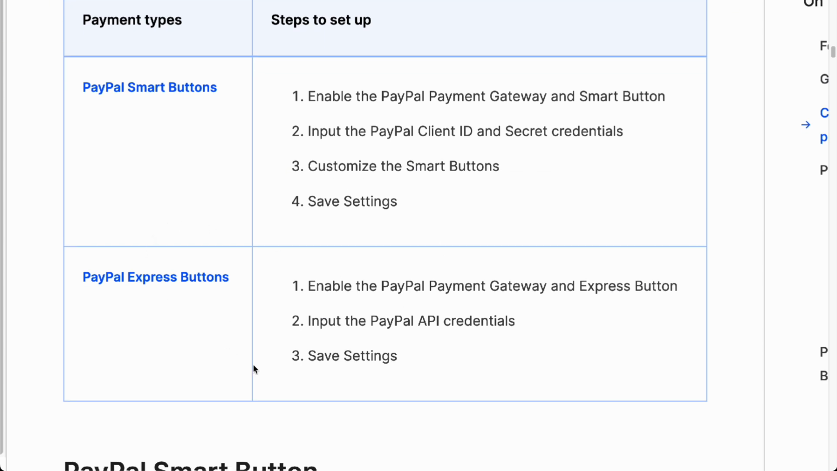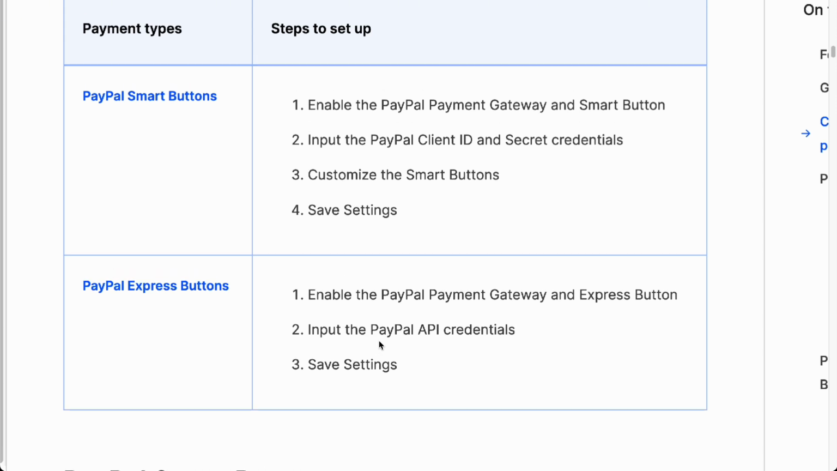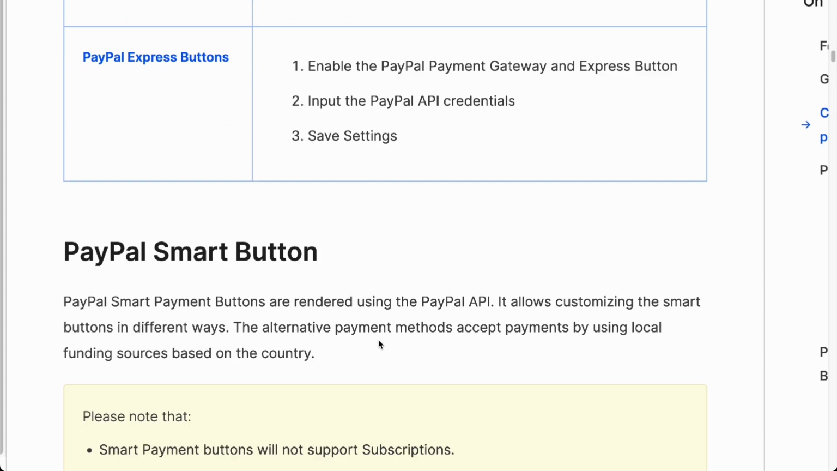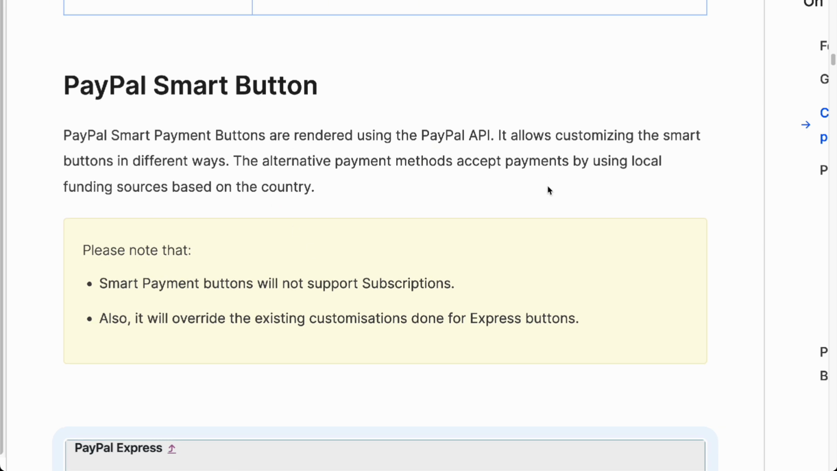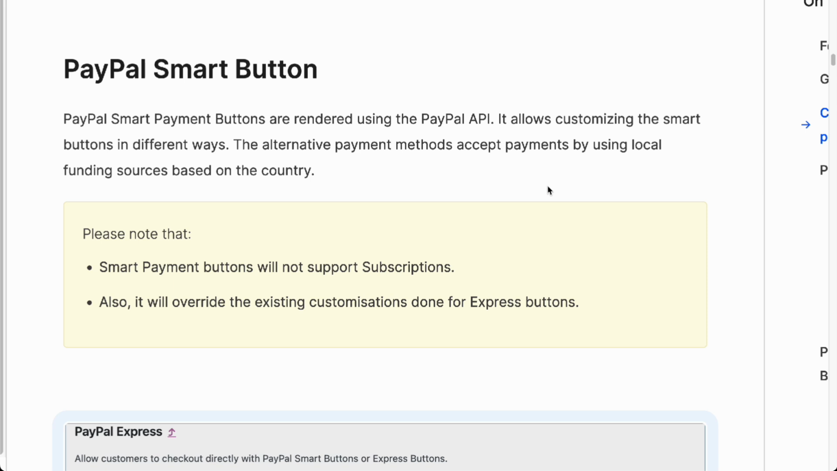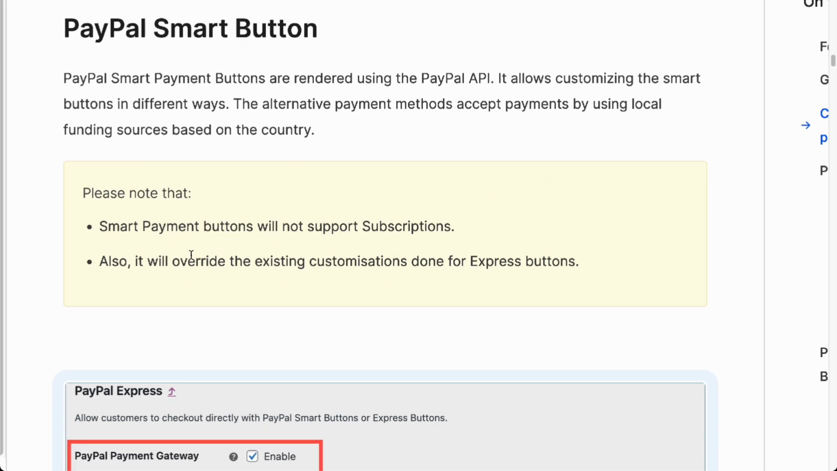But if you want it to be an express button, you can enable the payment for PayPal gateway and express button only, and input the PayPal API credentials and save the settings. So there's going to be two types only. From there, the PayPal smart button will be rendered using the PayPal API, and it will be customized using the smart buttons. So this will not support subscriptions, of course, and it will override the existing customizations done for the